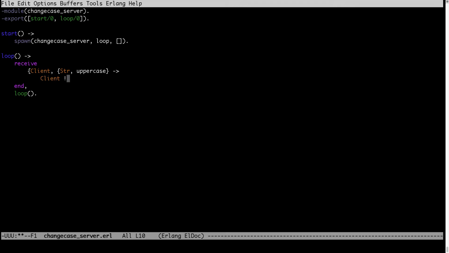Client. I want to reply to this client with the following message. First, I need to specify the process ID of the process which sends the message, and the second argument will be the result. In my case, if you remember, for the uppercase atom, I want to return the same string but in uppercase. So here I will invoke to upper on the string which was sent,